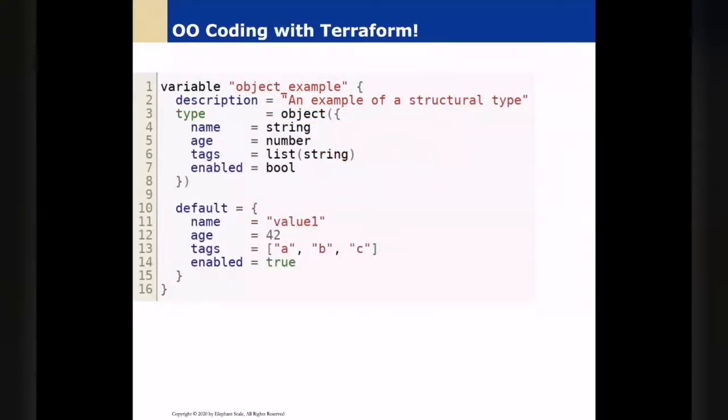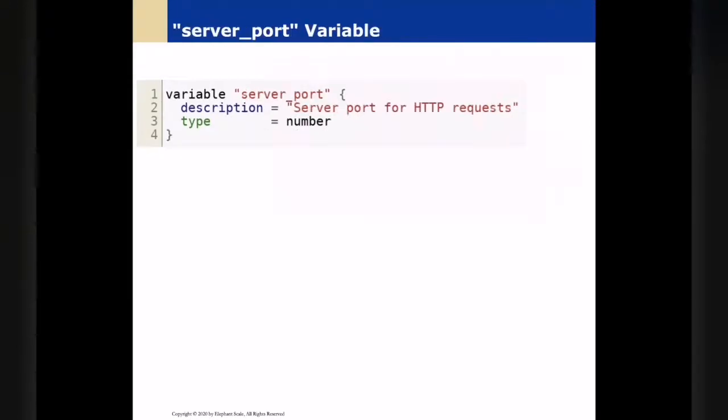Now, the next one is, here's a whole object. The whole object will have quite a few things. It will have a string, a number, a list, and a boolean, 4 things, and then an example of what it could be. That's the default value: 42, ABC, and true. So you can have a very complicated variable.